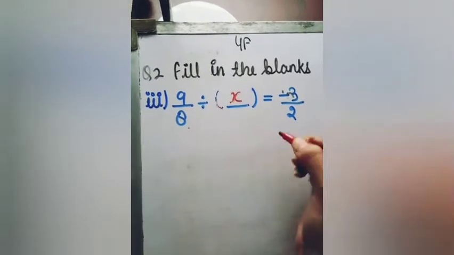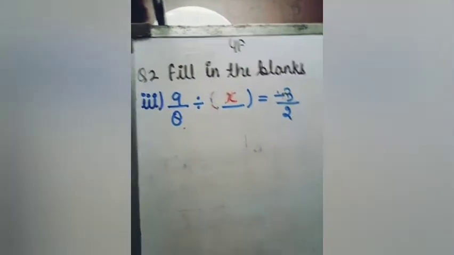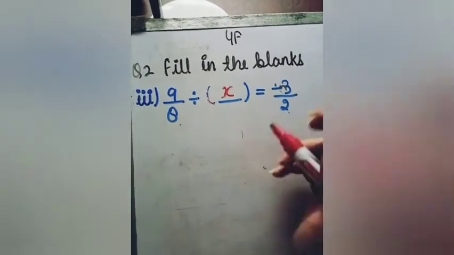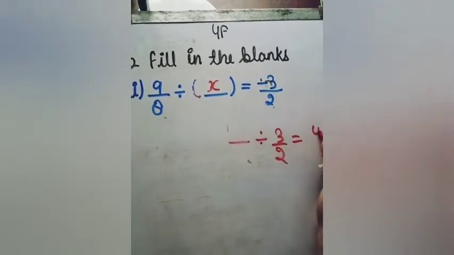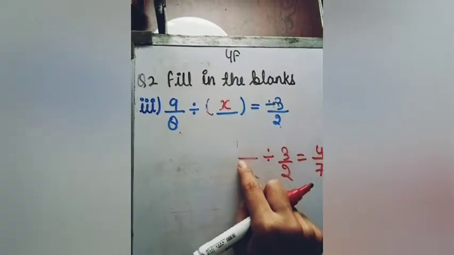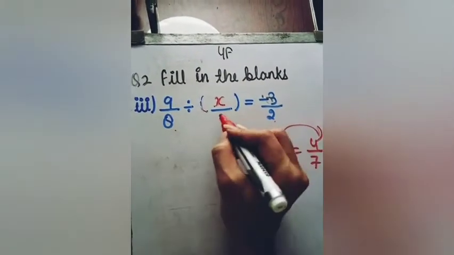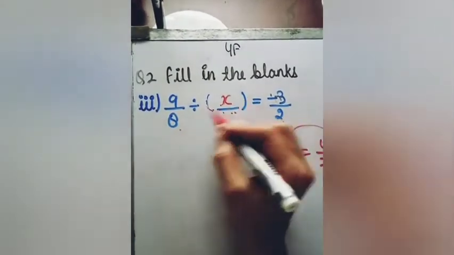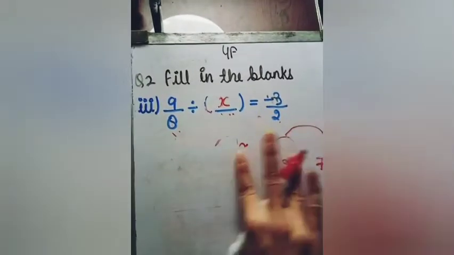Okay, so see, when we have a question like this: something divided by 3 upon 2 gives 4 upon 7. When the unknown is first, then we can transport this to the other side, but here we have it second. We cannot send it to the other side. We cannot send this number to this side. Okay, what we have to do, let's see.